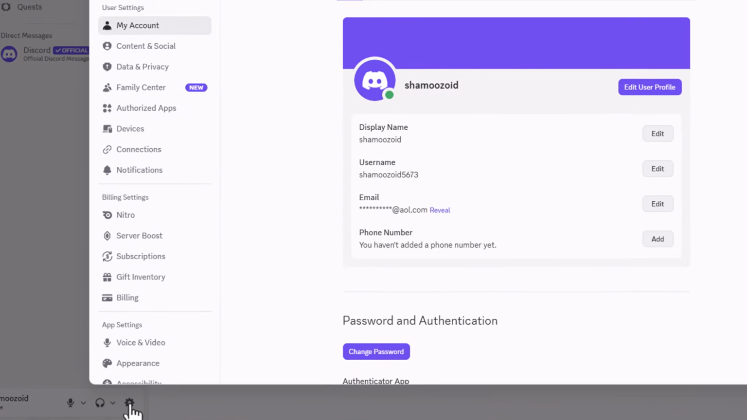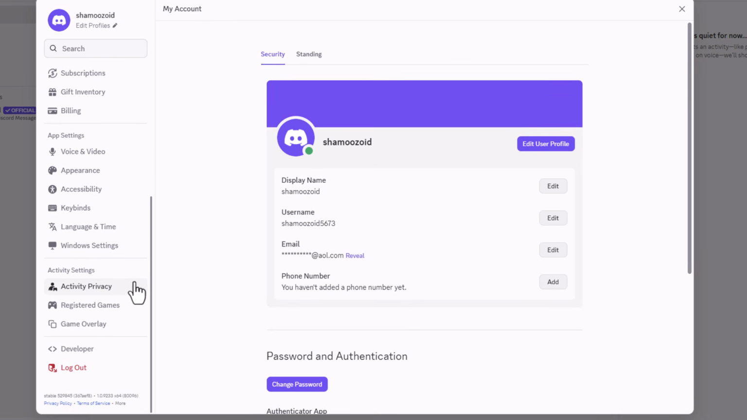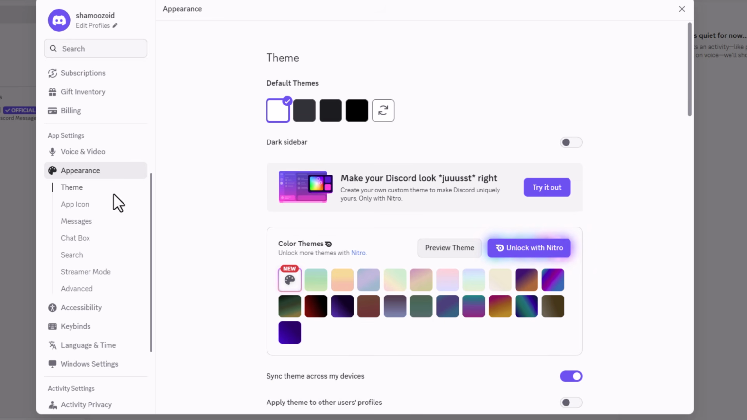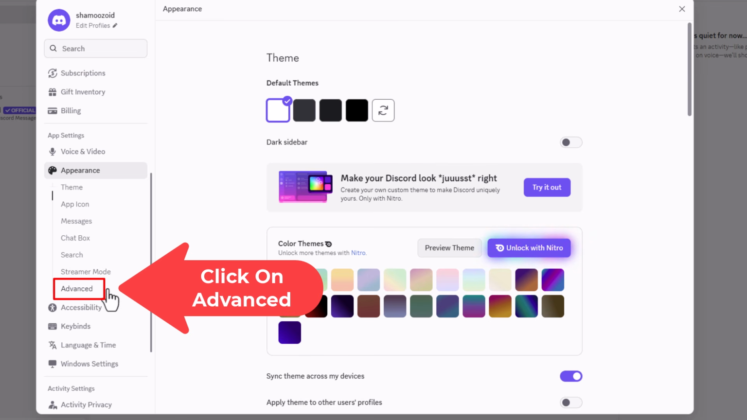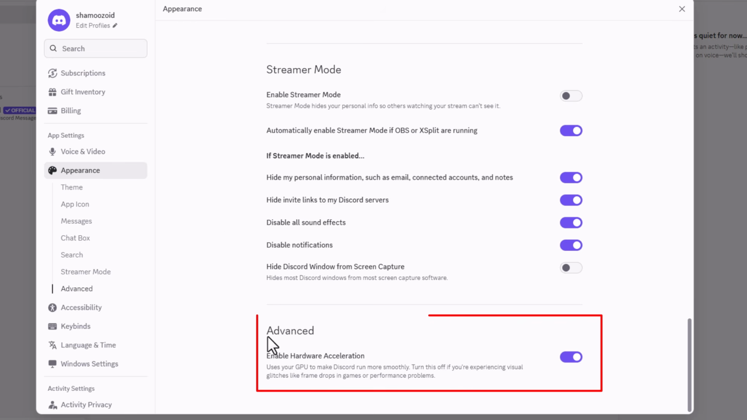And under Settings, in the pane off to the left-hand side, you want to scroll down a little ways, down to the App Settings section. And in the App Settings section, the second thing down, Appearance, click on Appearance. And then down towards the bottom, you want to click on Advanced. And then in the center pane, you want to scroll down just a little ways, and in the Advanced section,